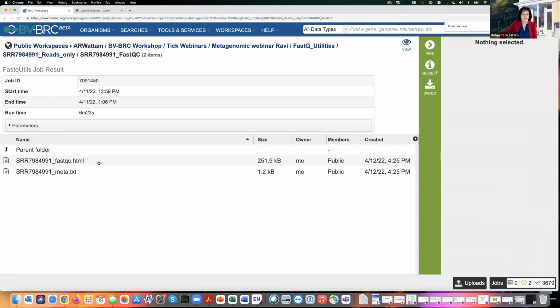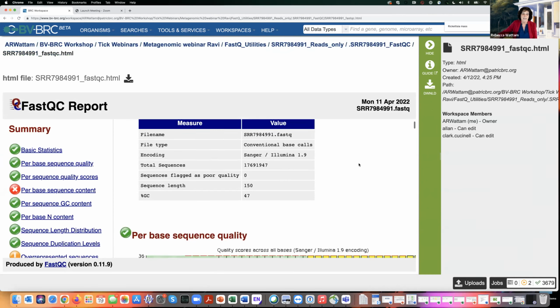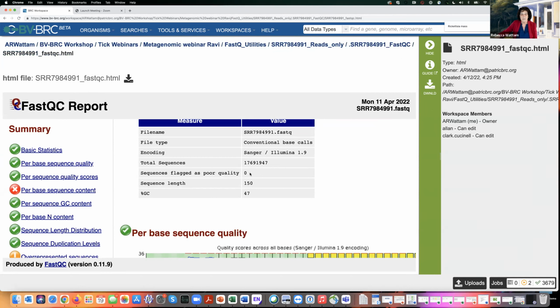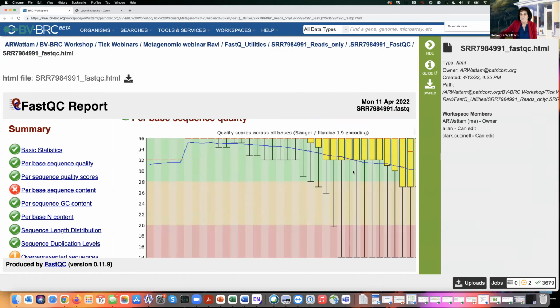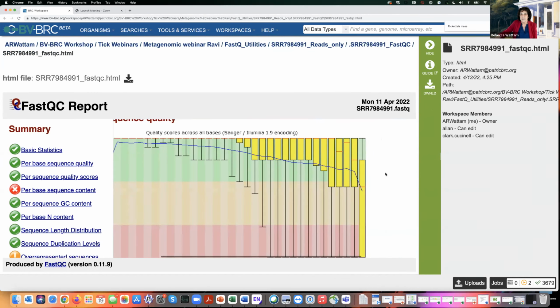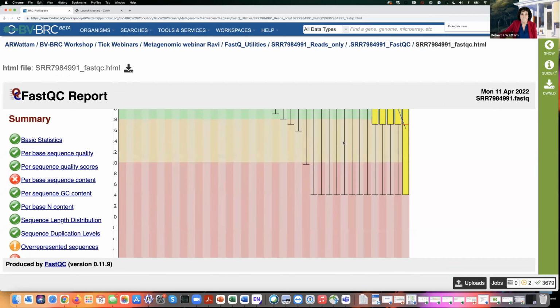And I just want to show you what this report looks like, the FastQC quality report. So I click on the view icon and it tells me information about that. And you can see here, if you scroll down, that this last read pair,